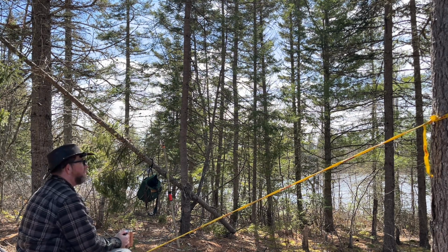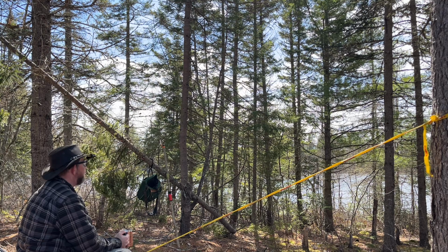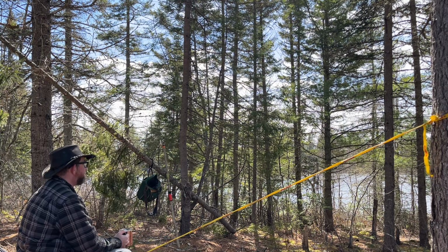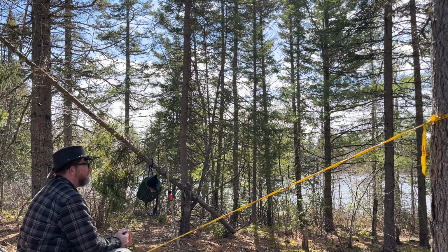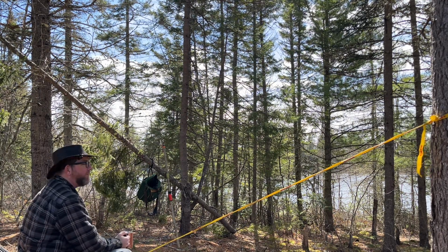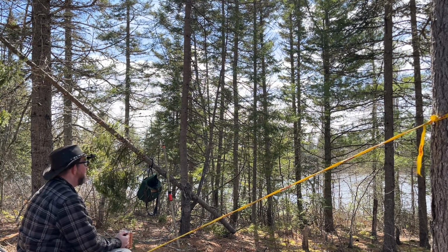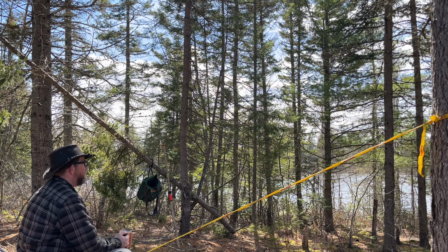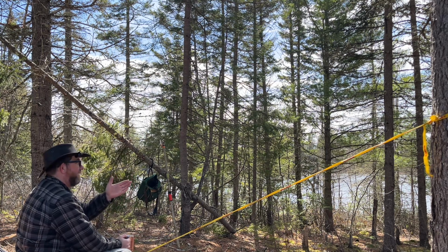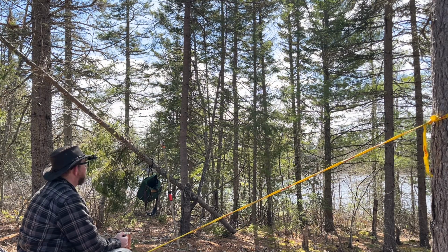Hopefully this spring I'll get in here for a camp out, man. Telling you, right here would be a dandy place to put a hammock. Except for the wind coming across the lake though. I had the canoe in here last fall. I just got a wooden canoe last fall, and the first place I brought it was this lake. And I paddled up to the top end and found a gorgeous spot up there. And you wouldn't get much wind up there, not from this direction anyway, not out of the north. I think that's kind of where we're getting the wind today. It's like a northwesterly wind. Anyway,